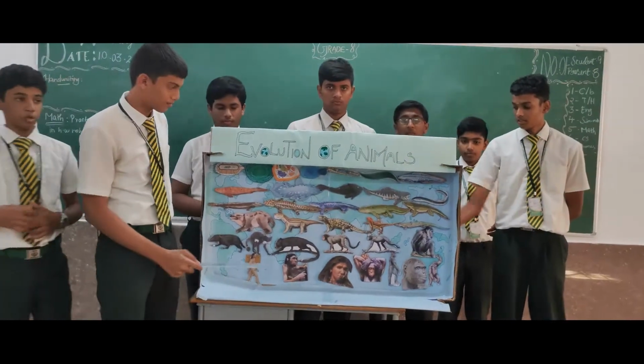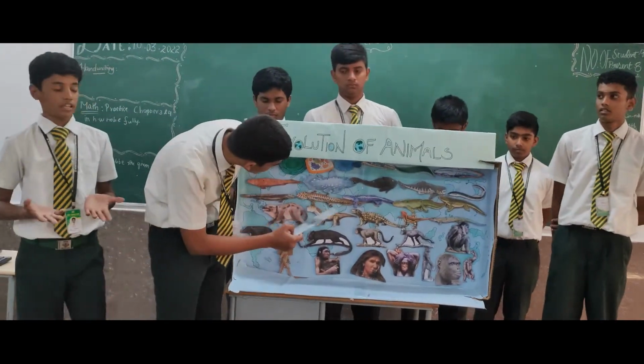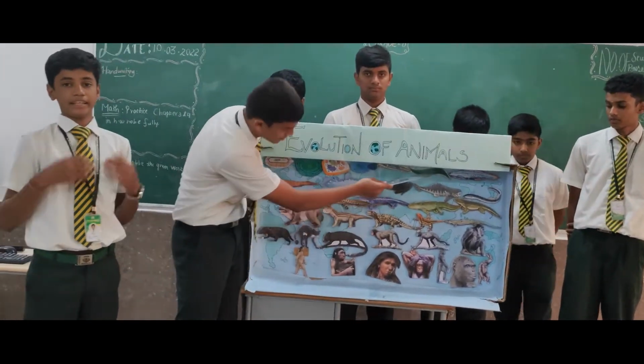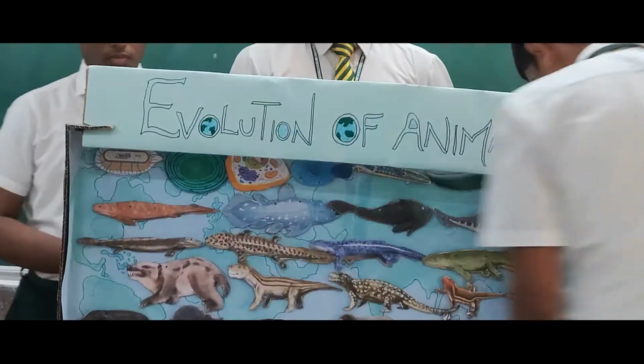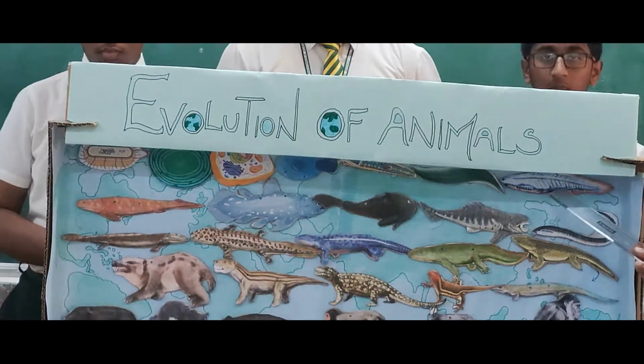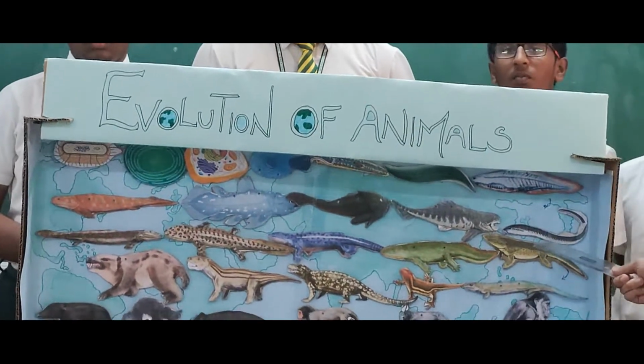My name is Deepak. I am going to explain the second part of this evolution. First, Pichia. It is a landscape. Then it evolved into Hycotis. It is a prehistoric fish. Then it evolved into Agnatha. It is a jawed fish.